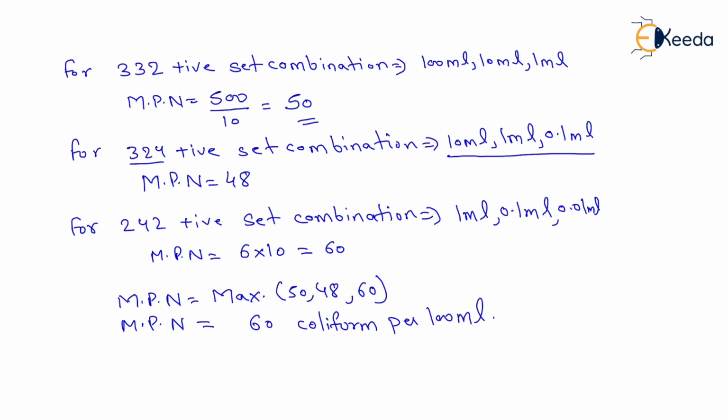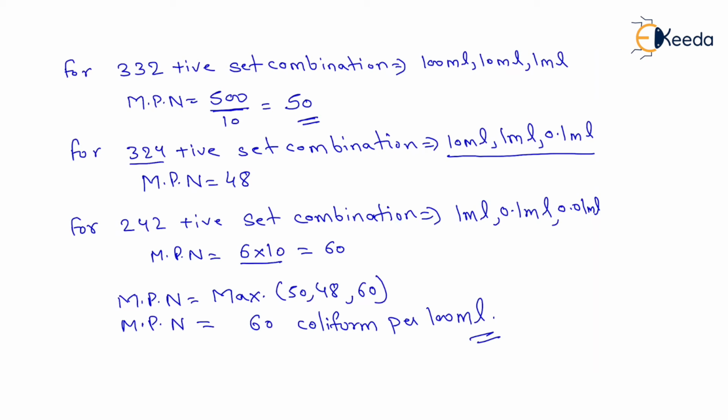That is how we can determine the MPN by taking the positive set and comparing it with the McCrady chart, and we just read the McCrady's chart value. That will be the MPN value. Now we convert it according to the dilution ratio. If the dilution ratio is 10 times more, as in our first set, then we need to divide the MPN value by 10. And if the dilution ratio is 10 times less, then we need to multiply the MPN value by 10, and we get the MPN values as 60 and 50.